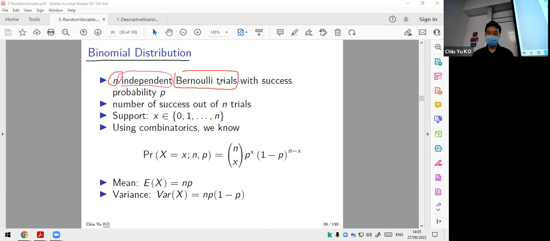It's complicated. But what we only care about is the number of successes. We don't care about how you get the successes. Usually we don't distinguish success, success, failure, failure from failure, failure, success, success. Suppose n is 4. You don't distinguish how you get the successes, as long as the number of successes is the same. In that case,